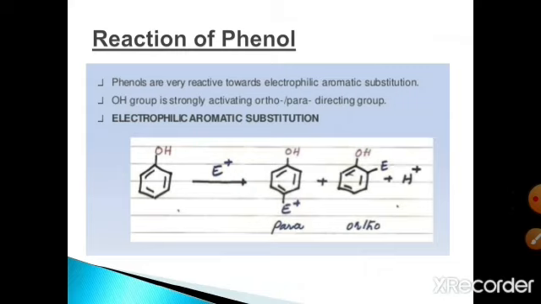The OH group is an electron donating group. It donates its electrons towards the benzene ring, meaning it increases the electronic density on the benzene ring, and increases the electronic density at ortho and para positions more than meta positions. That is why substitutions occur at ortho and para positions. And phenols are so activated that sometimes polysubstitution can be a problem. We can obtain not only one isomer but polysubstituted products whenever substitution takes place. So strong activation often means that milder reaction conditions than those used for benzene itself can be used here.